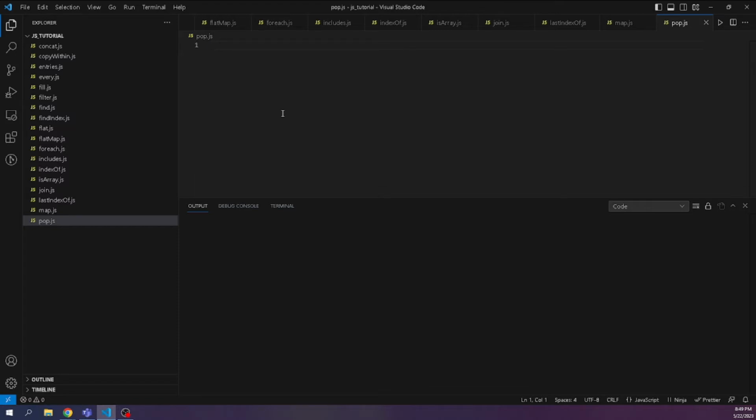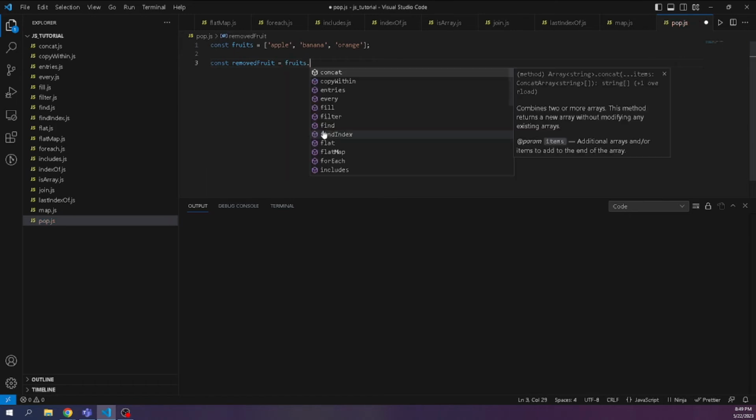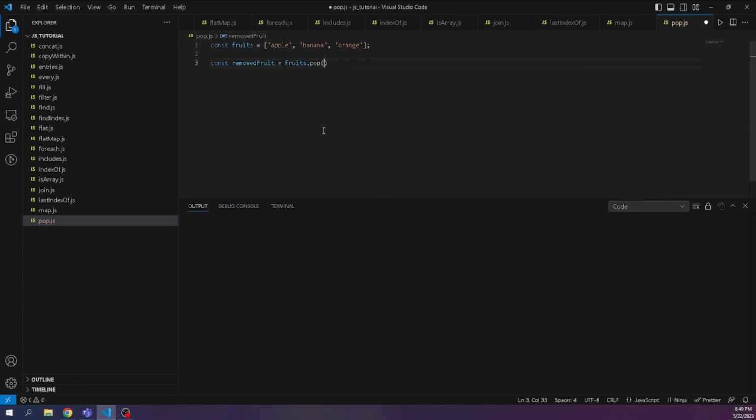So let's create an example for our pop method. Let's create our fruits, and inside of our fruits we have an array, and the elements are apple, banana, and orange. Okay, so let's create a variable to hold our removed fruit. Let's use our fruits.pop() with open and close parenthesis, and then let's console.log our